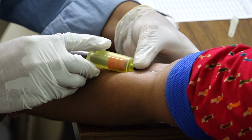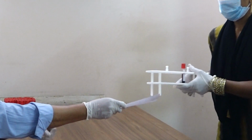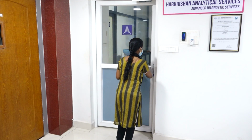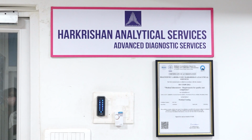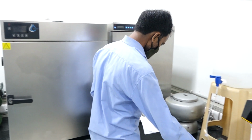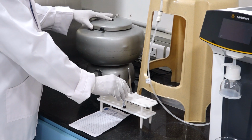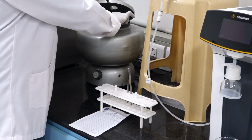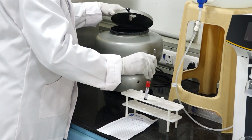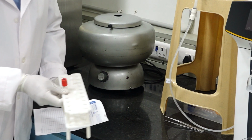and then once the blood is drawn, the blood is labeled, then it is dispatched to the third floor where the diagnostic lab is, where it has secure access and nobody is allowed entry into the Krishna Analytical Services, where the sample is transferred to the lab technician, who verifies the nomenclature, then centrifuges the blood sample so that the serum is separated from the RBC, and once the blood sample is separated, it is then transferred into